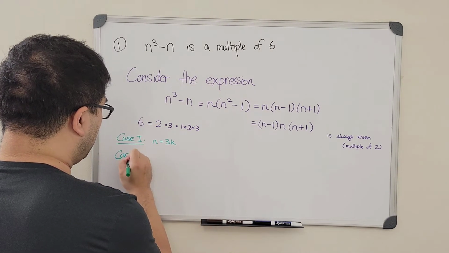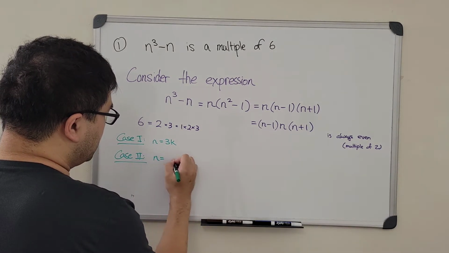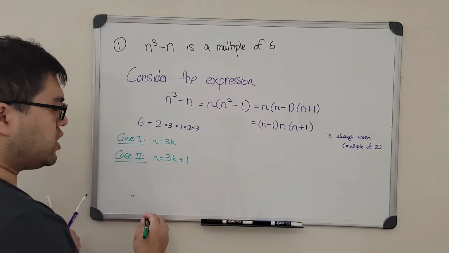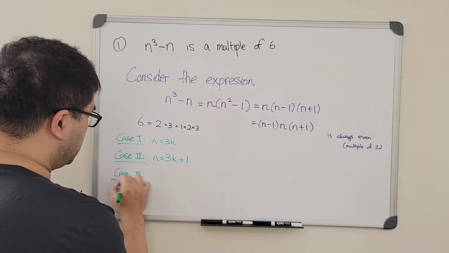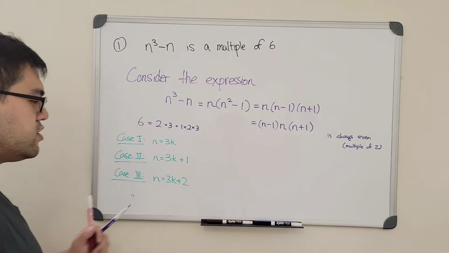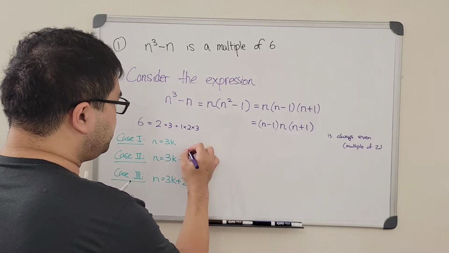Then we also have the other 2 cases. If n is not a multiple of 3, but has a remainder 1. And finally, if n is not a multiple of 3, but has a remainder 2 here, then we can see that